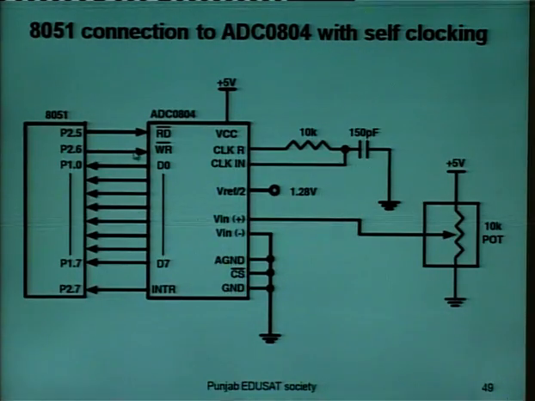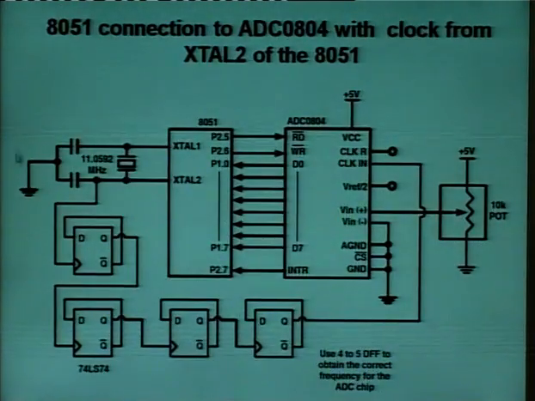To start this, the pin is made low to start the conversion. When the conversion is completed, this interrupt pin goes low, and data is given to the 8051 by making the read signal low. After that, we have the interfacing connection of